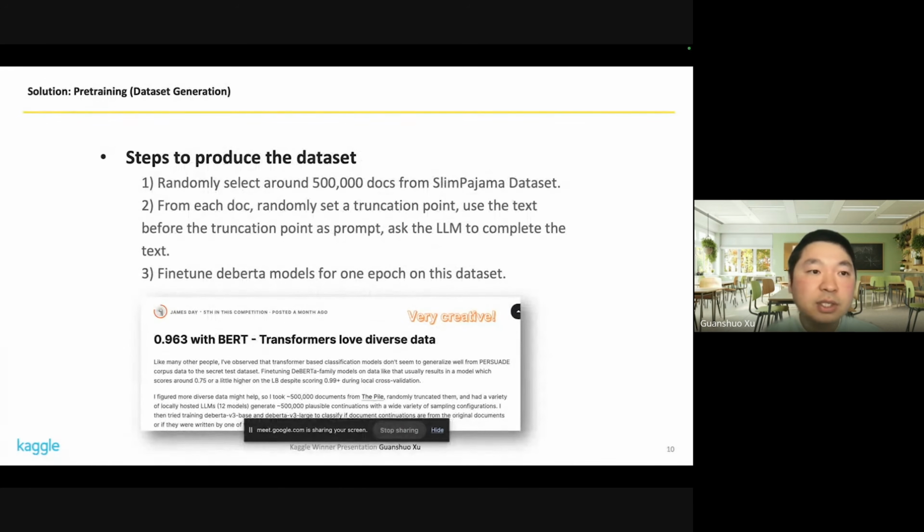So let's first see how I did the data generation of the pre-training step. What I did is I downloaded the SlimPajama dataset, which I think is a very common dataset for LLM pre-training, and I randomly selected around 500,000 documents, and for each document I randomly set a truncation point and used the data before the truncation point as prompt and asked the LLM to complete the text. So this approach was